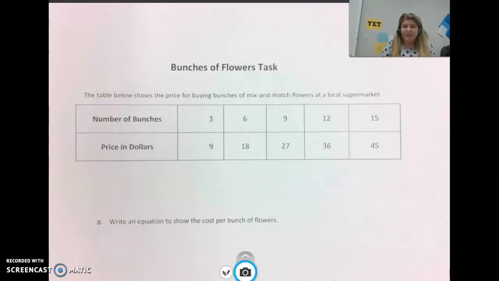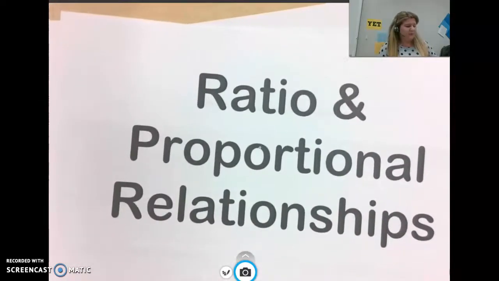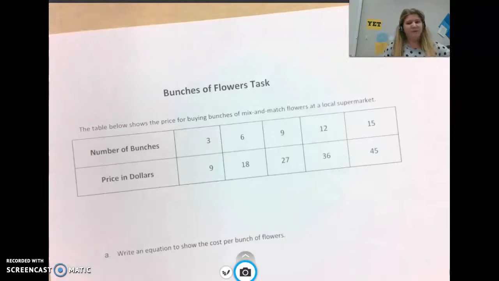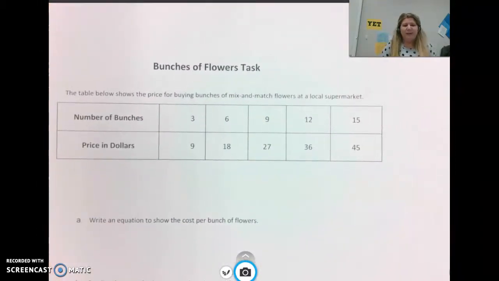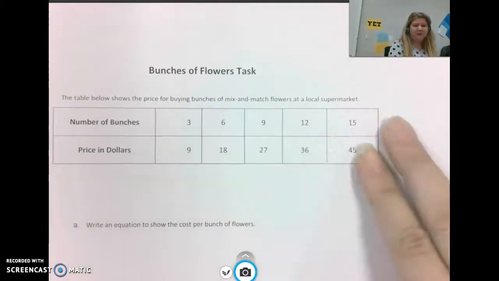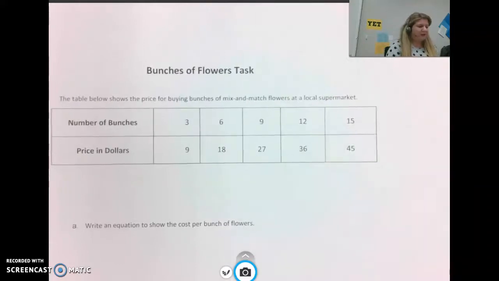Hello, so today we're going to begin our new unit, and our new unit is ratio and proportional relationships. So we're starting with a task, and this is called the bunches of flour task. What I would like for you to do right now is pause your video and just focus on this table and look for any patterns that you can find in the table and make a note of those. And after you've done that, turn the video back on, and I'm going to show you some of the patterns